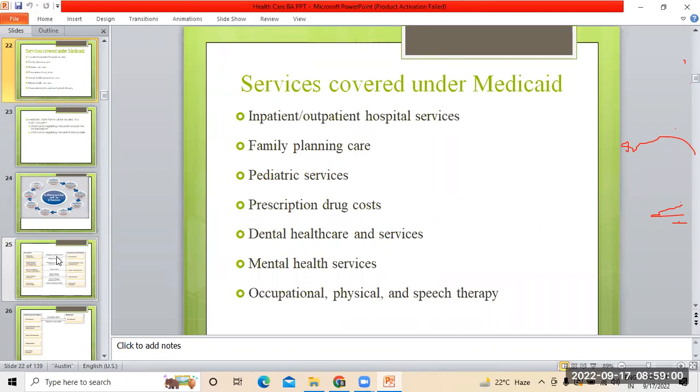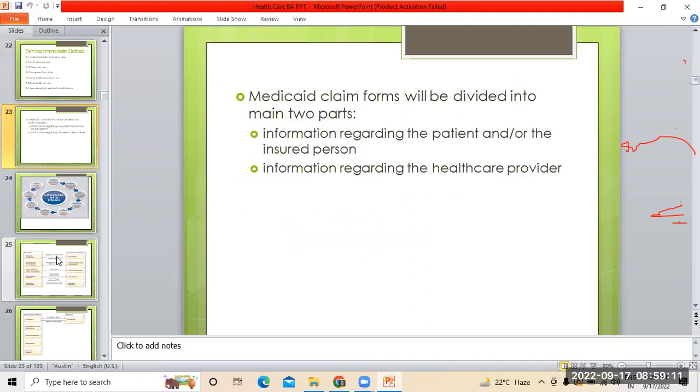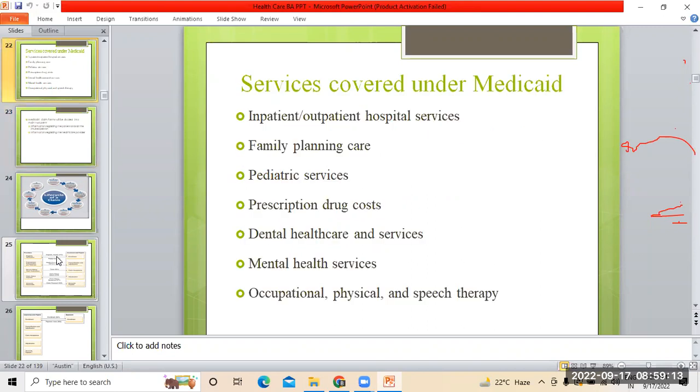That itself is the difference you see, where you will have multiple plans under Medicare, but in Medicaid you don't have these options. We'll have standard ones available here. So these are the major services which you